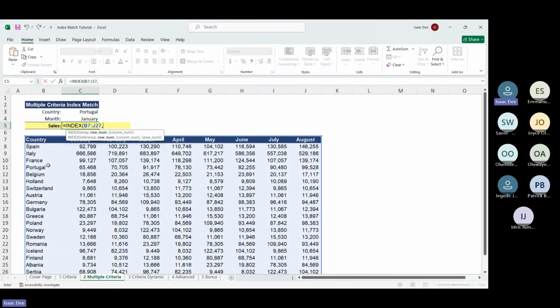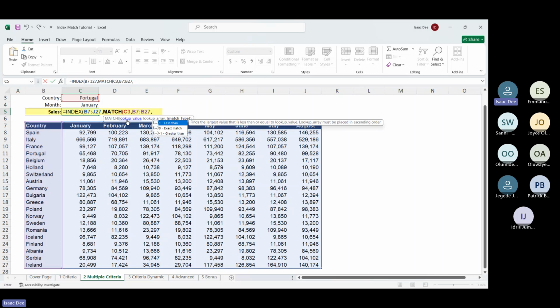The row number would be MATCH. The first thing is look up Portugal in the country column, and then exact match, and close brackets. Then the column number, which is the second match,